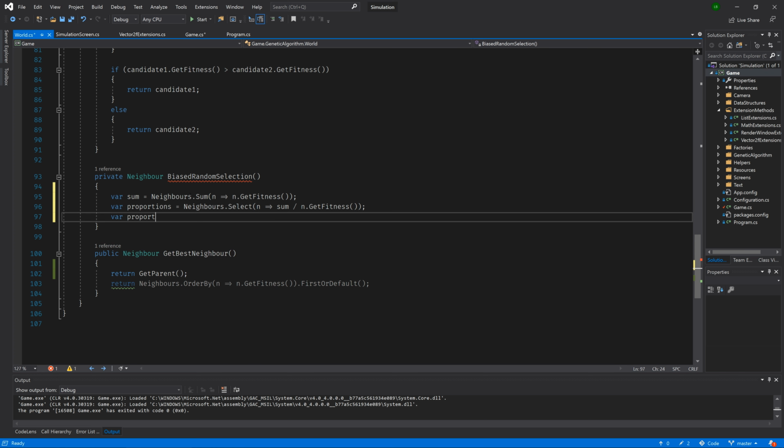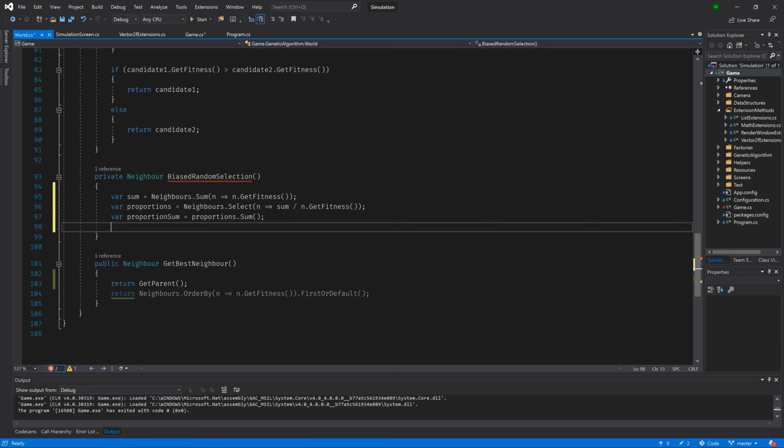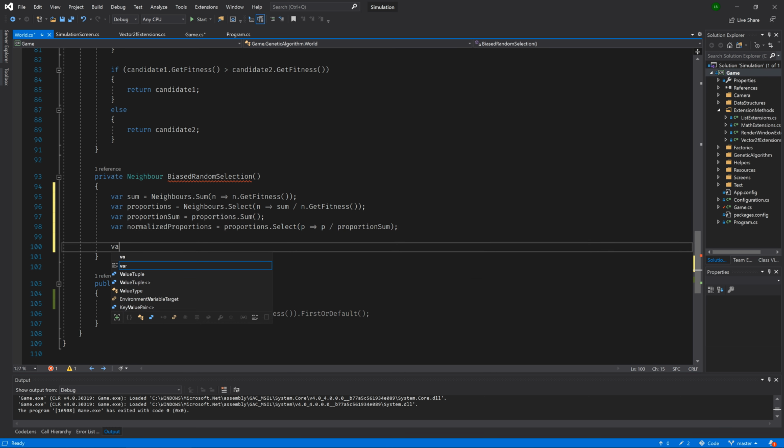Next, we want to normalize each of the proportions to be between 0 and 1. So again, we can take the sum. Then we'll create a new list of normalized proportions by iterating over each of the proportions list and dividing them by the proportion sum. So now that we have each of our individuals with each of their probabilities of being selected,